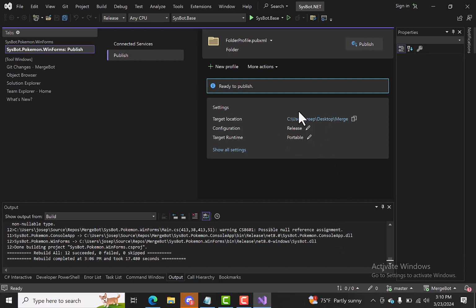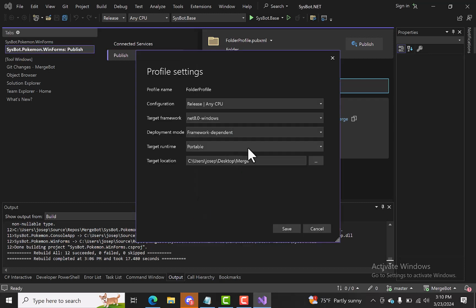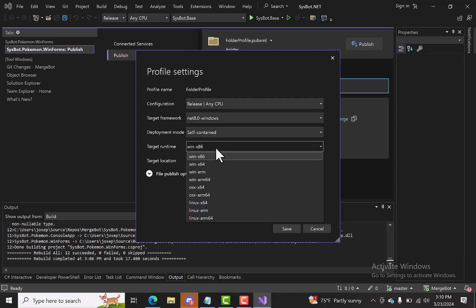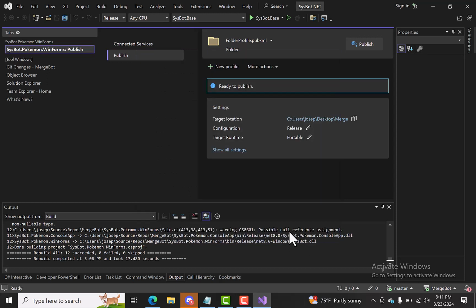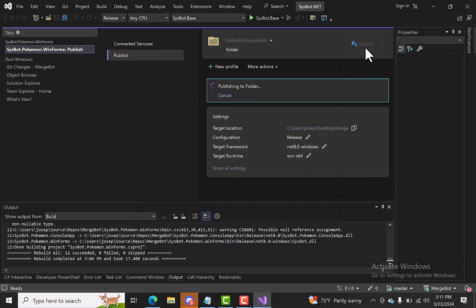Okay, now don't want to forget this part. If you want to build it into a single file, you got to go to show settings. Of course, you go release, CPU, deployment mode, self-contained, target runtime, whatever system you're running. We're running x64. Target location, that's our files, and then file publish options, produce a single file. Hit save, and then we're ready to publish. So we hit publish,